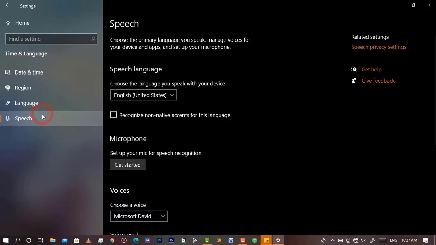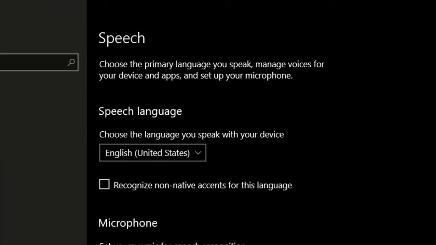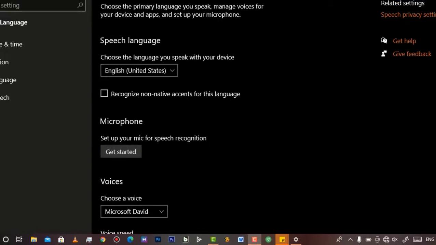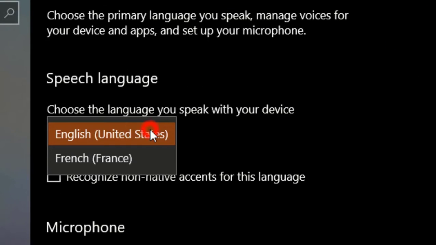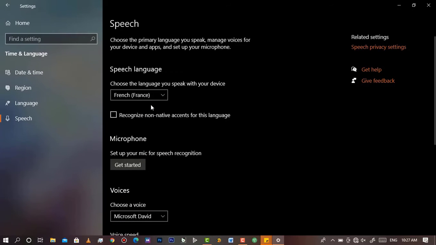So as you can see, we have so many speech settings, microphone and Microsoft Voice. So simply click on Speech Language, then change language to French. So now your computer's language has been updated to French, but for those who had French, it's been shifted to